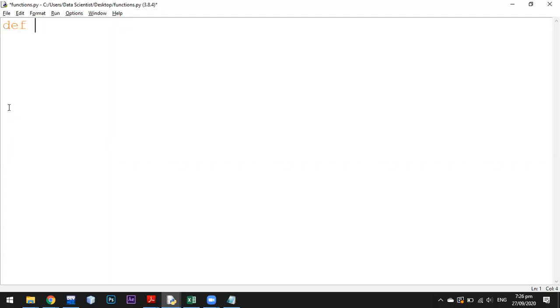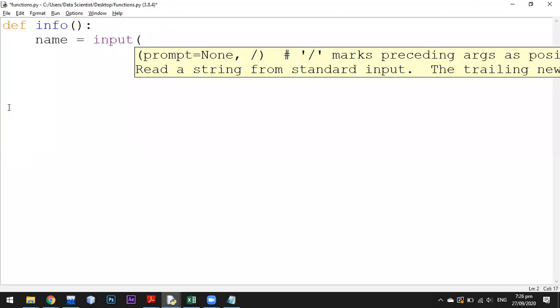The function's name is info, and I'm not going to give any kind of parameter to it. First it will ask me to input my name. A name would be a string, so I'm not going to put int at the start. I'm just going to write input, and it will say enter your name.